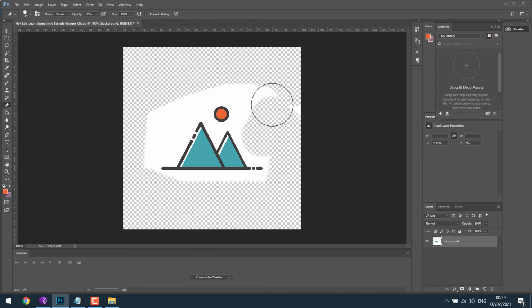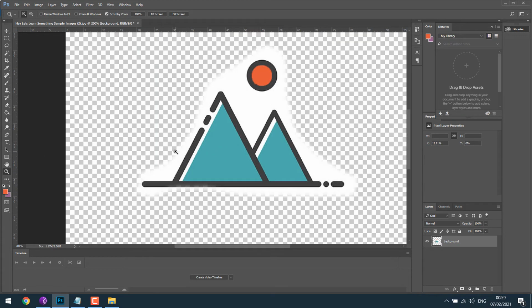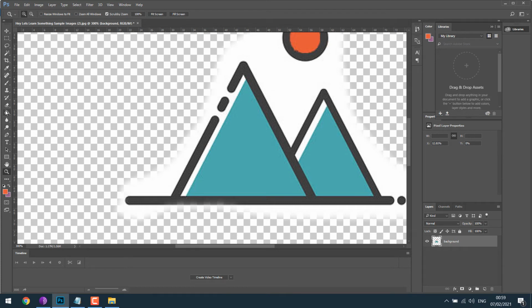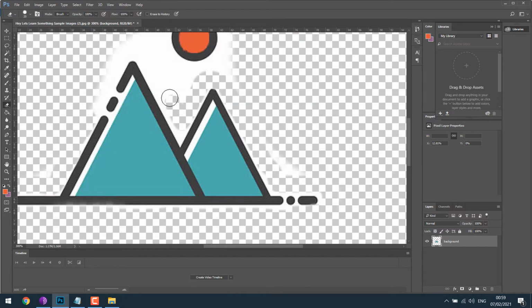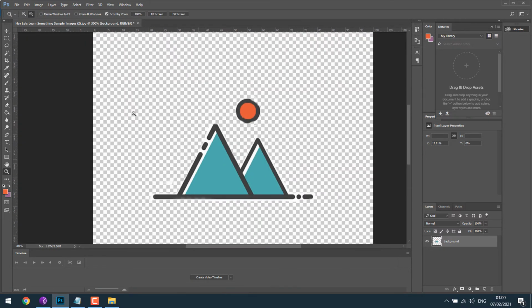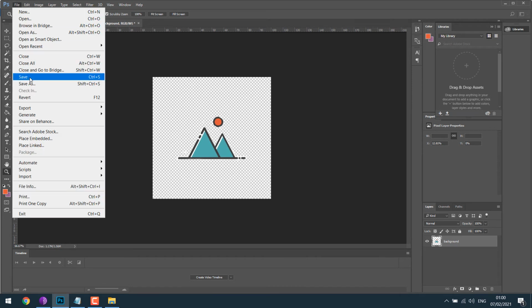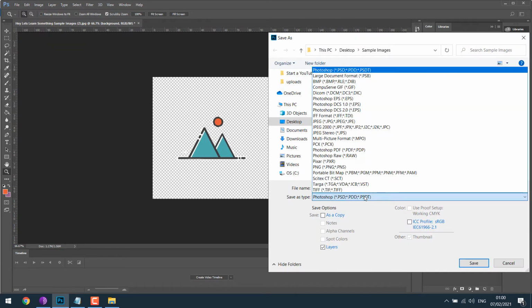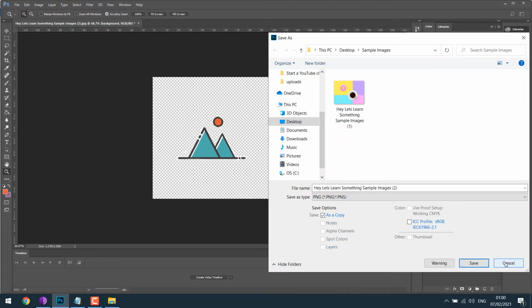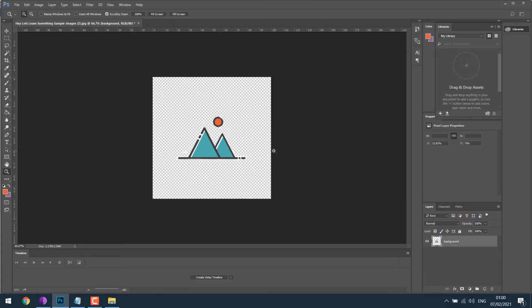Let me just quickly try to clean it, but of course, you'll do it more carefully. For the closer ends, please zoom in and choose the eraser tool. Adjust the size of the tool and then clean it carefully. And zoom out. After removing it, simply go to File, Save As, and choose as PNG and save it. This method might be very time consuming, so you can also choose to use another method instead. Let me close this image